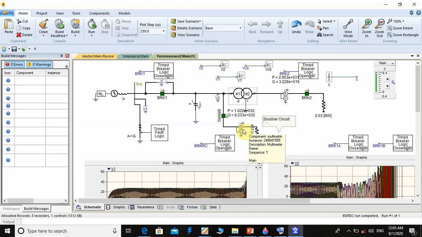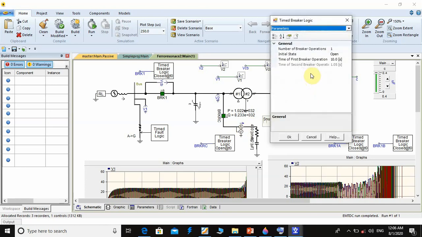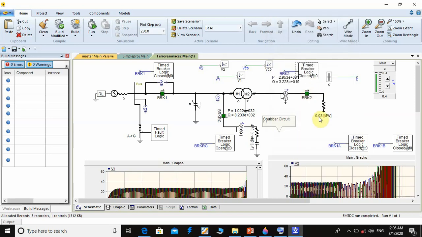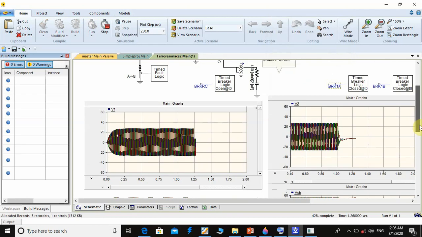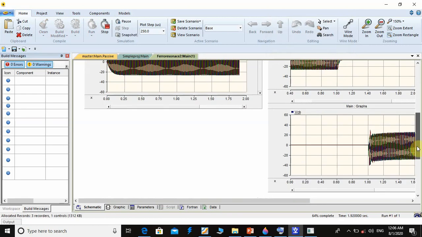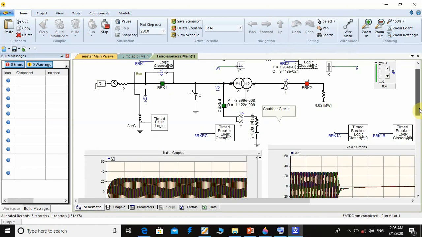But before we simulate the RC snubber circuit, let us check with load, when the transformer is loaded, or just close this breaker, just about 30 kilowatt. That means 10% of transformer rating. Run simulation and we check. Here no overvoltage and also across the circuit breaker,